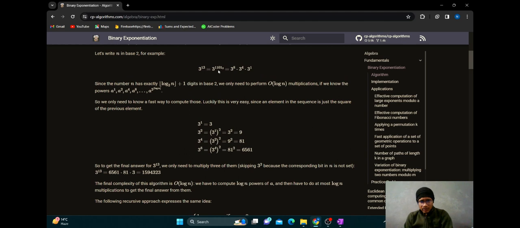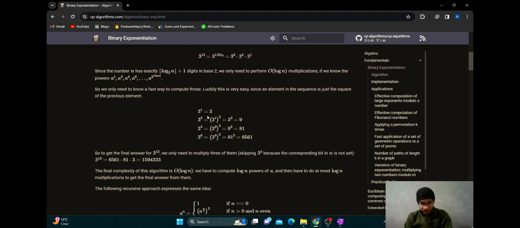For example, you have to calculate 3 power 8, 4, 3, 1. So what is 3 power 1? It is 3. What is 3 power 2? It is the square of 3 power 1, which is 9. 3 power 4 is the square of 3 power 2. 3 power 8 is the square of 3 power 4. So as you can see the